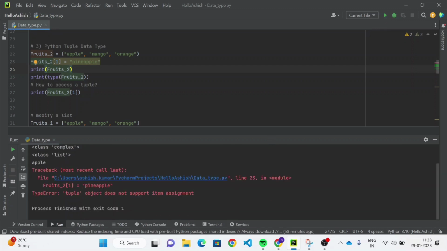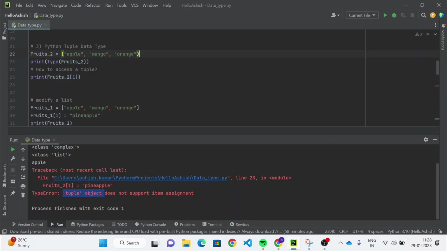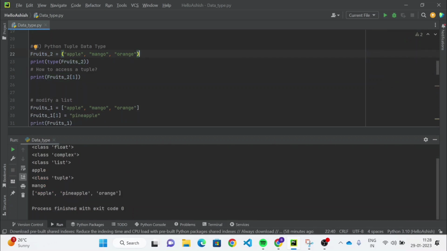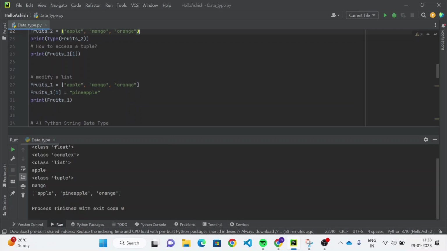See, tuple object does not support item assignment. It's a type error, so we can't modify tuples. That's why we are getting the error. Now let me rerun and see. So we have seen how we can modify a list. Simply you can do indexing and then replace, or if you want to add, you can add.